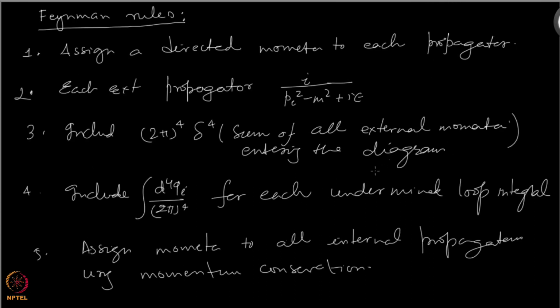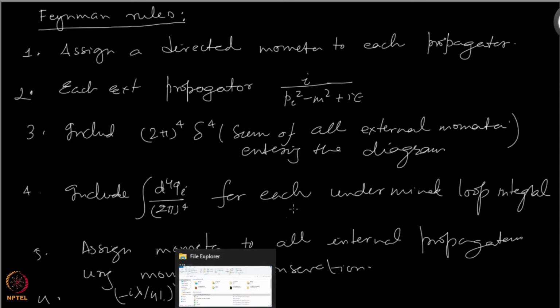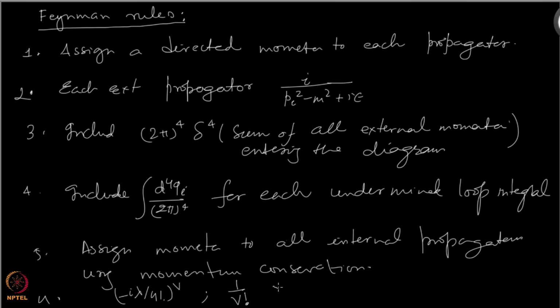Okay, and then of course include minus i lambda over 4 factorial to the power v if you have v vertices, 1 over v factorial if you have v vertices, and then multiply the combinatoric factor. Okay, so this is all I wanted to say about the Feynman rules for